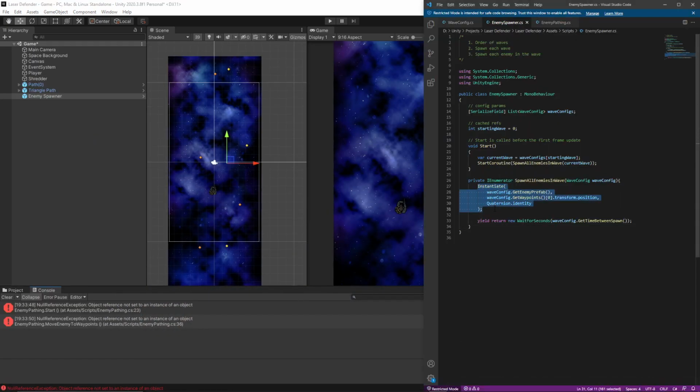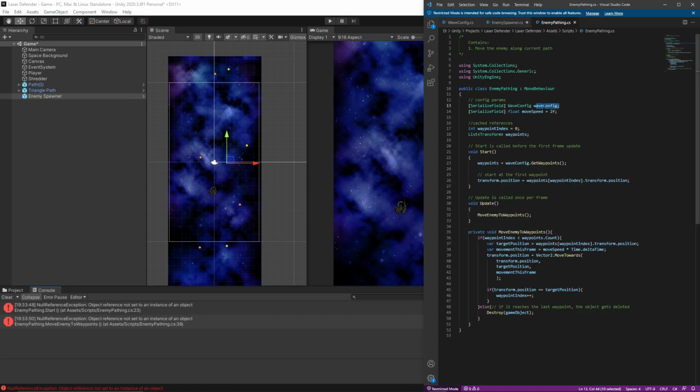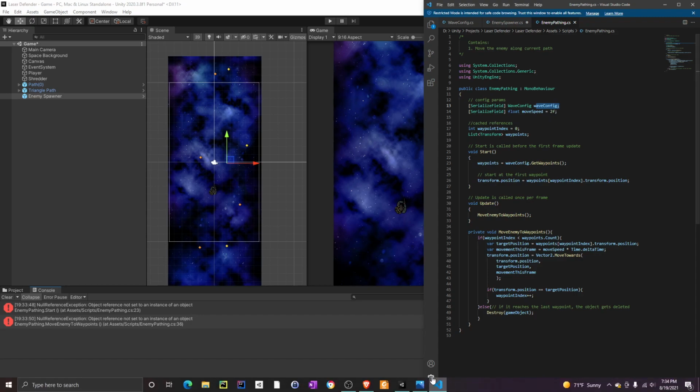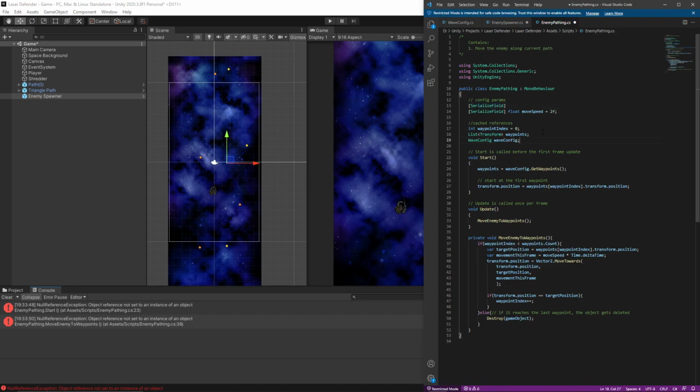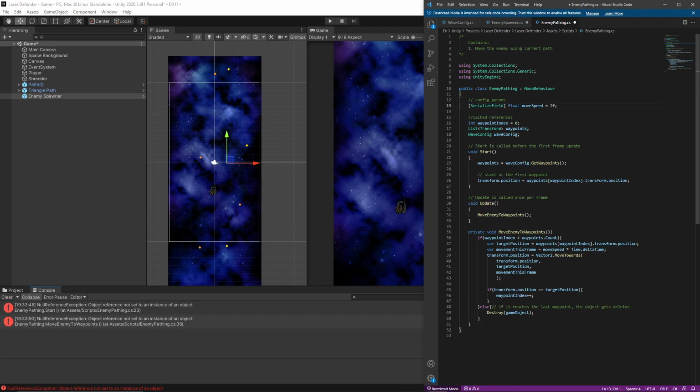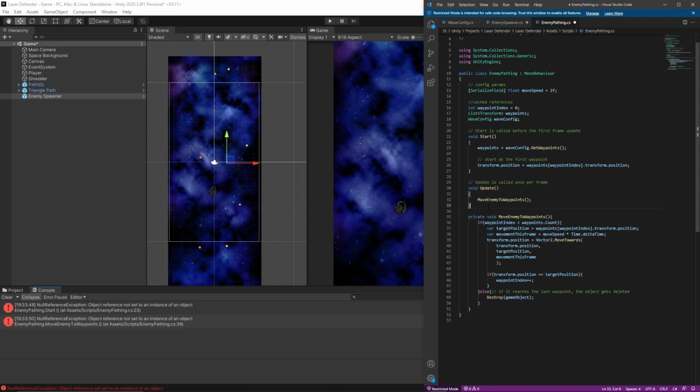So this is the instantiation. So maybe we've got to create a game object enemy, enemy equals this, and then we could just say enemy dot... we need to find a way to set the config. But to serialize, maybe we don't need this anymore, right? Because we could just set it. So this becomes over here, and then we could probably do something like